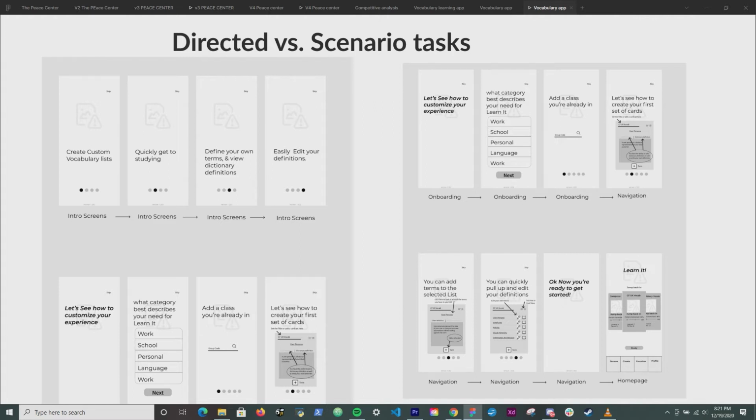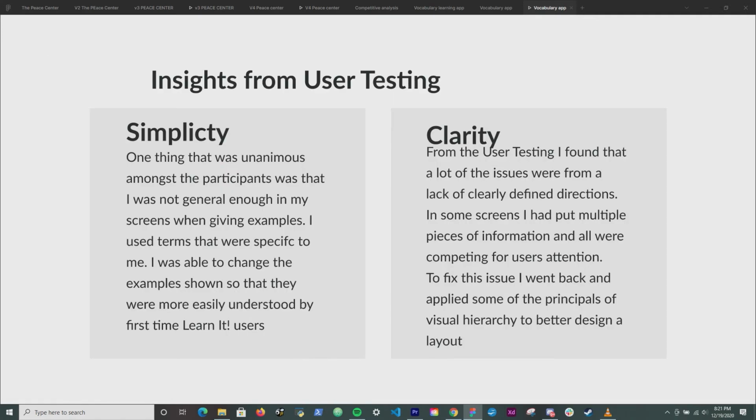From the user testing, I got a couple insights broken down into two categories. The first was simplicity. One thing that was unanimous amongst participants was that I was not general enough in the screens when giving examples. So I used terms that were too specific to me. I was using acronyms and UX specific vocab in the examples during the onboarding process, and it was just not very easily understood by the users what was going on, because a lot of their cognitive processing was going